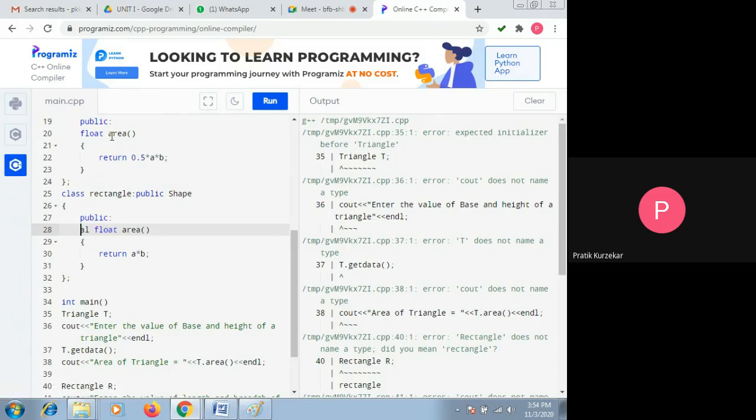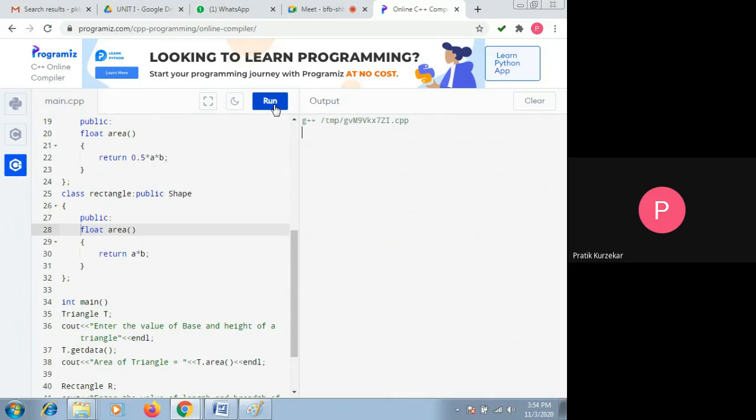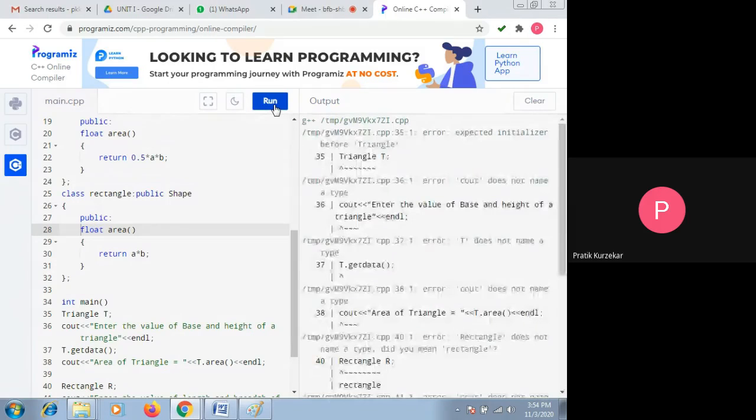जसं त्या डेफिनेशन मध्ये दिलं होतं, a pure virtual function is defined in an abstract base class and once again it is redefined in a derived class. Derived class मध्ये redefine करताना there is no need to put virtual keyword. So that's why I am going to eliminate that virtual keyword from here. And now when I am going to execute the program,